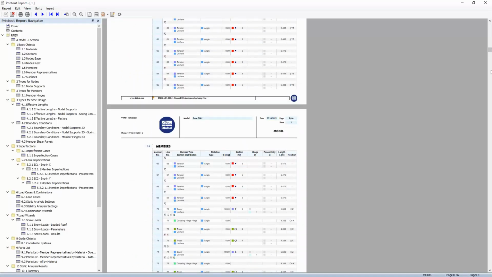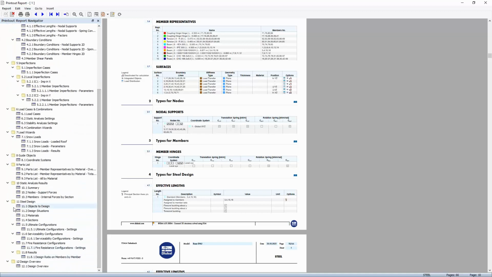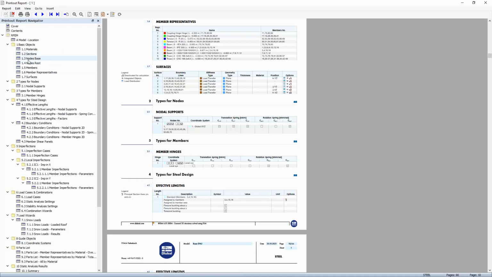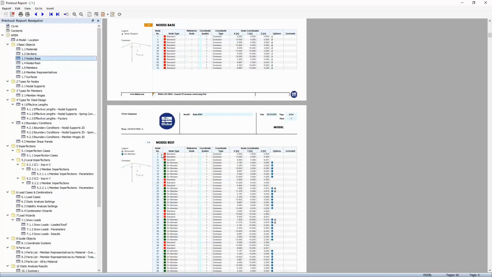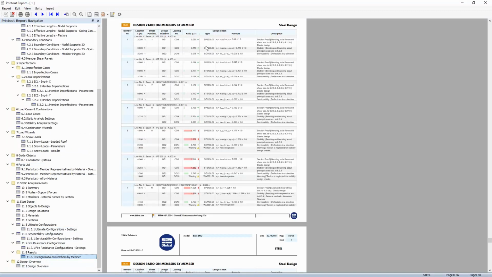So all tables, all the stuff is documented with colors so that he can find the data with clear description of what is what, and so on. And even our designs. Maybe here in node table base, you get one table for base, one table for the rest of nodes. For the design, what we just discussed, for example, you get for every member a clear design for utilization, for cross section, for stability, and for serviceability. Always these three governing figures.